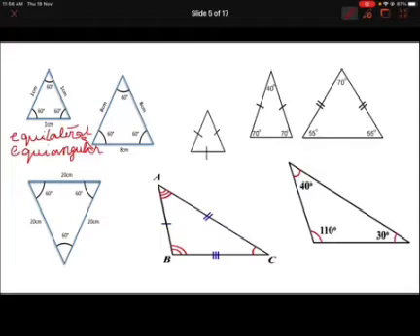Equilateral and equiangular. What about the next figure? Next figure also, it is equilateral and equiangular. What about this figure, children? In this figure, measurements are not given, but I told you that if the sides are represented by strokes, now you can see here one stroke, and one stroke. Again, this triangle is called equilateral triangle.